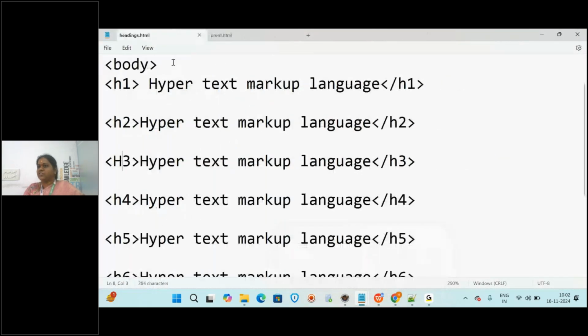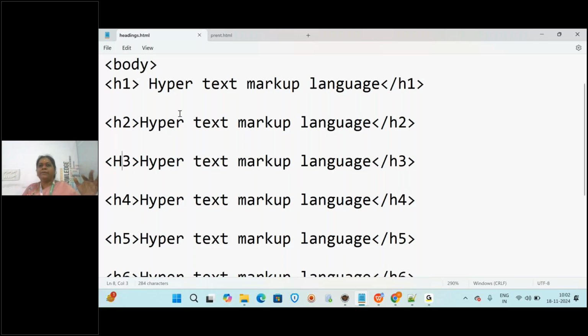So here also I wrote the same way, open and close. Same way, bold also open and close. But H1 tags came in a new line, while bold, italic and underline came in the same line, because the nature of those are inline tags. The nature of heading tags are block level.